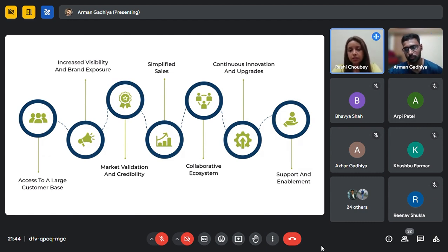The next benefit is continuous innovation and upgrade. As you can see, it's a collaborative ecosystem, so you get the reviews and collaboration, everything in here. Whatever application is in the market today, if you do not update it with time, or if people are not updating themselves, they are not up to the mark in the market.